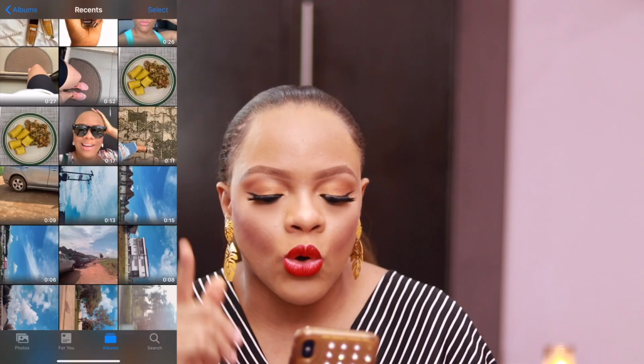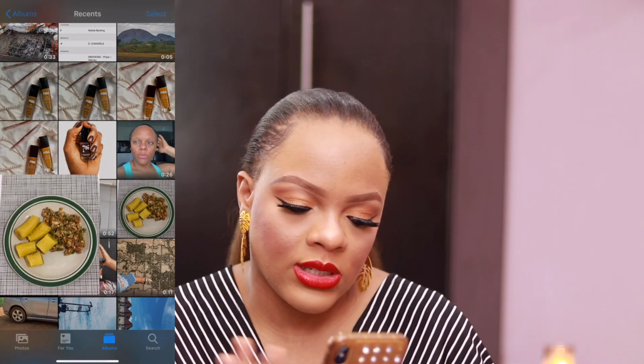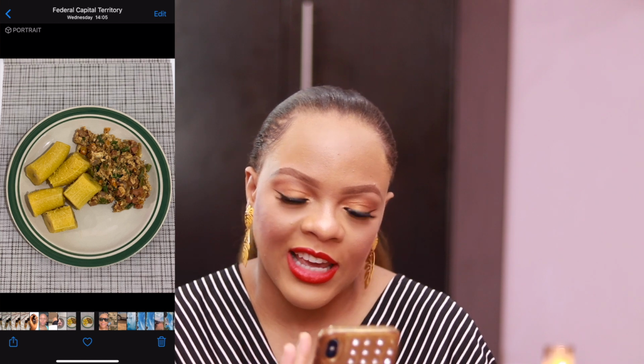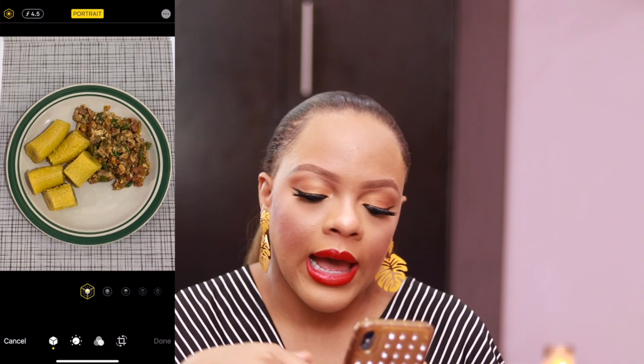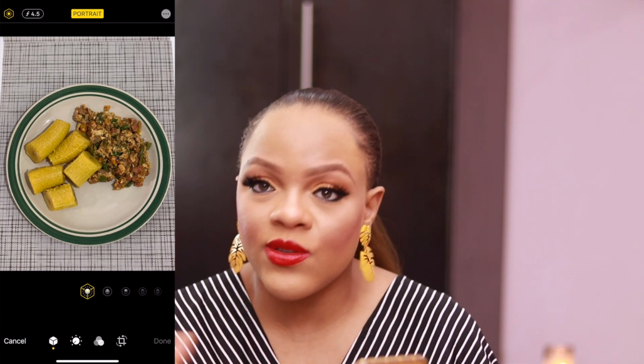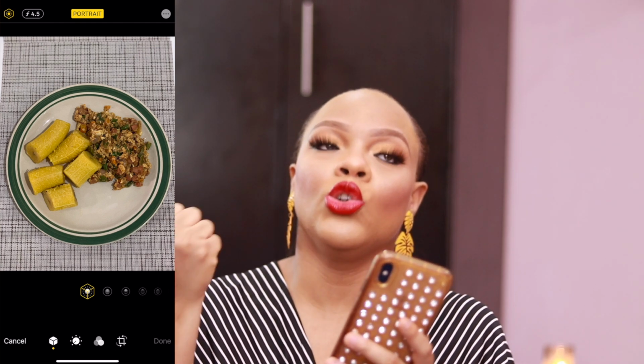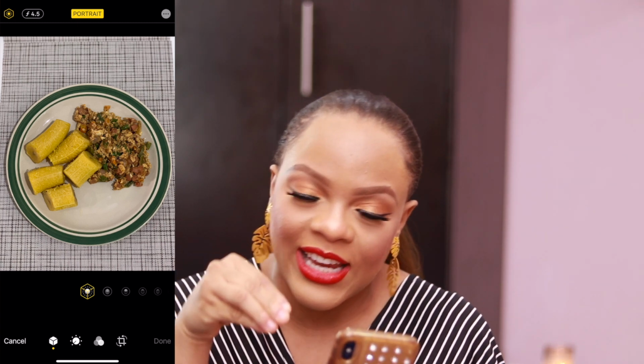Also, if you want to edit pictures of products, maybe for instance, you know how as a blogger, you want to take a picture of your candle or a picture of your skincare product or something like that, always play around with your iPhone edits. Your iPhone has a built-in editing tool, in case you don't know. So if you go to your pictures, for instance, now this is a plate of plantain I made recently. Click on this edit here, and iPhone already gives you a good editing software inside your iPhone